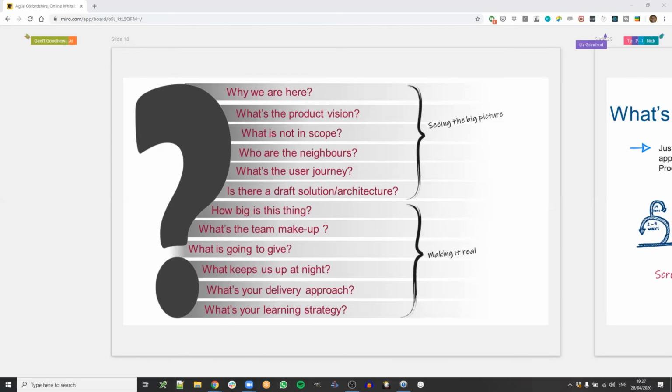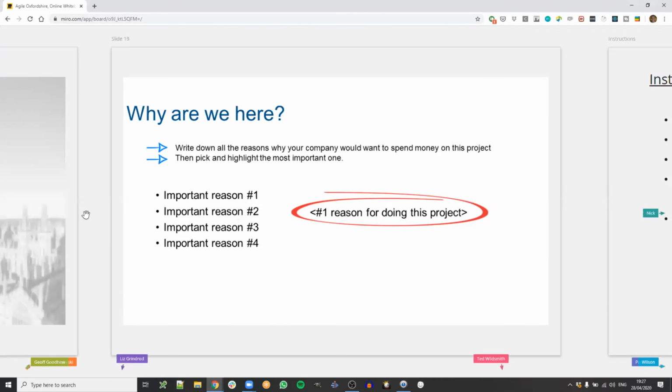So you have a whole bunch of questions here that are very much worth addressing before you start anything. It doesn't mean you need the answer to all of them, but at least you've addressed it explicitly with everyone involved. And if some questions are a bit vague, then at least you know what to do. You have some work to work out what's going on here. Okay, so just going through that quickly.